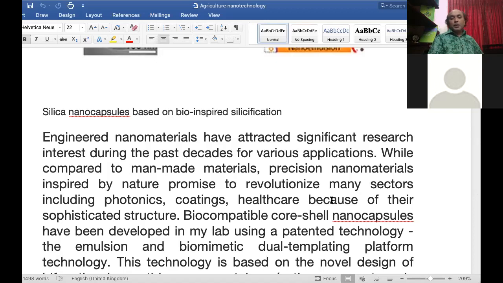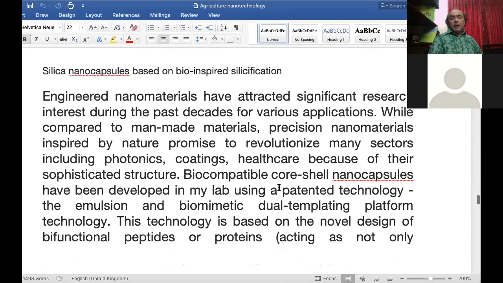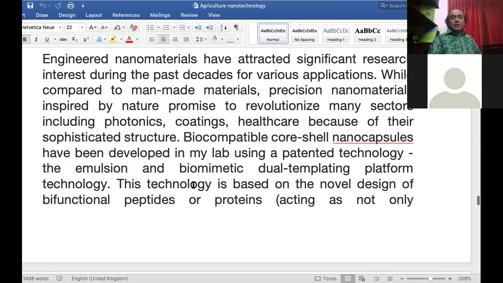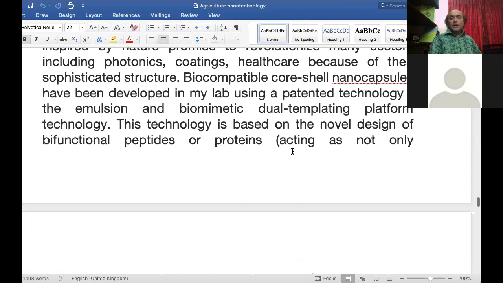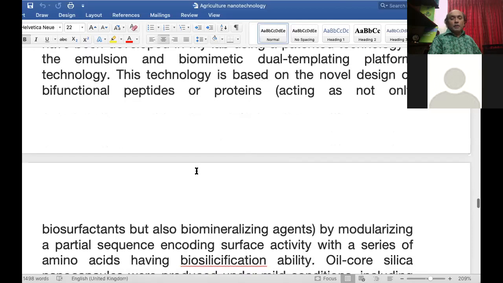Yes, healthcare, because of their sophisticated structure, biocompatible core shell nanocapsules have been developed in many labs using a patented technology, the emulsion and biomimetic dual templating platform technology. This technology is based on novel design of biofunctional peptide and protein, acting as not only biosurfactant. Yes, you can make biosurfactant as pesticide, or in the detergent for better washing of your clothes, and also biomineralizing agent by